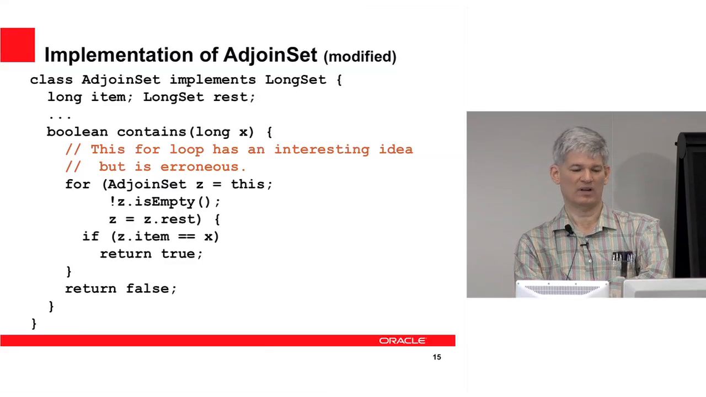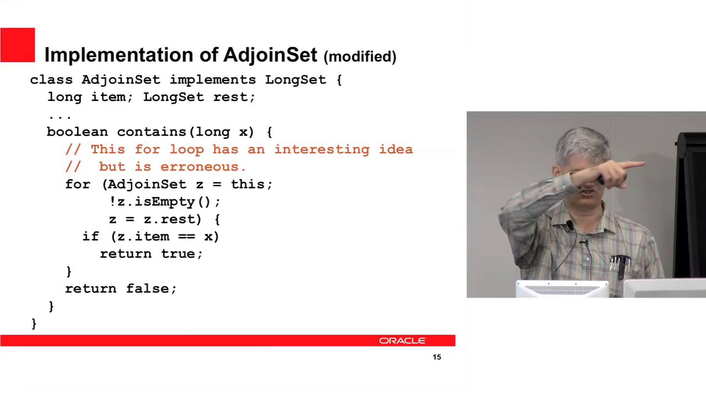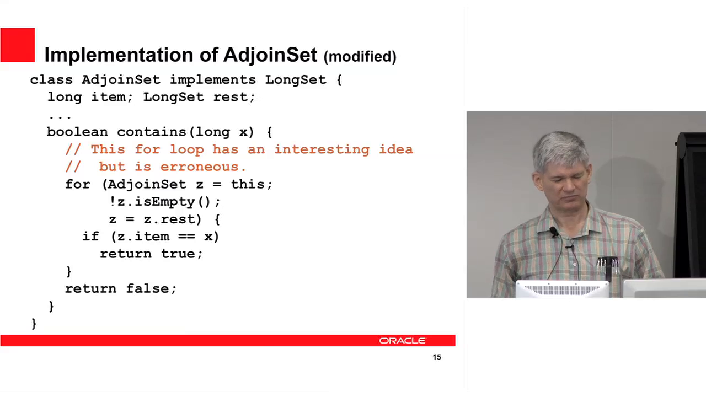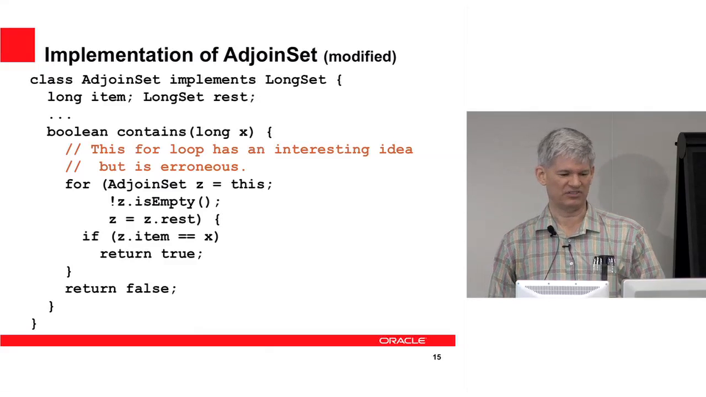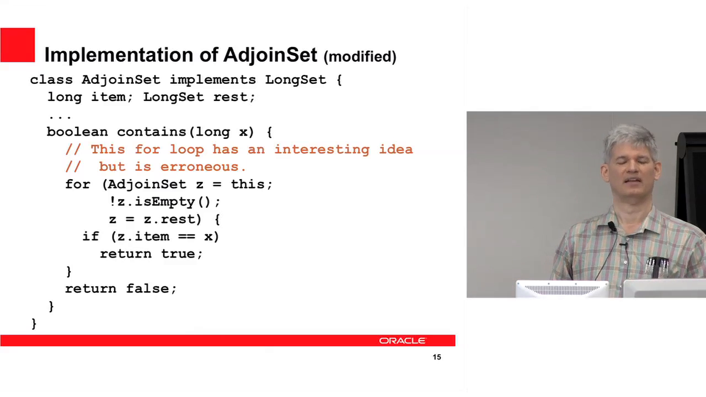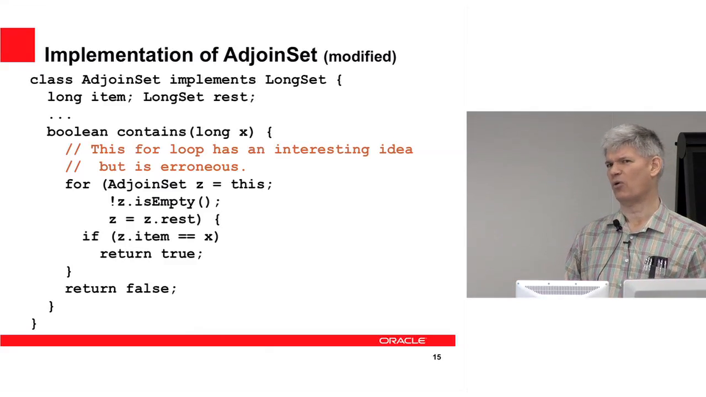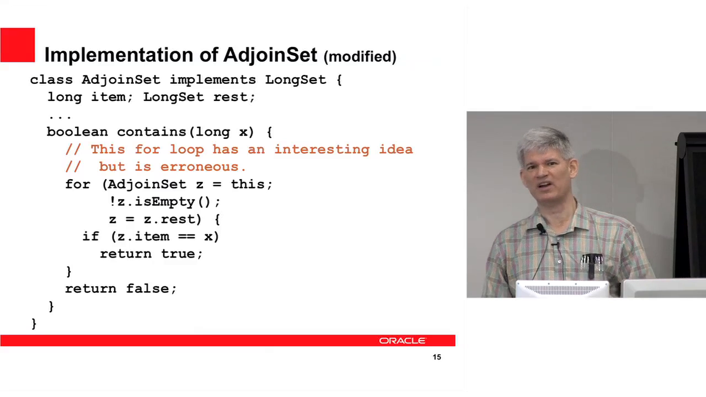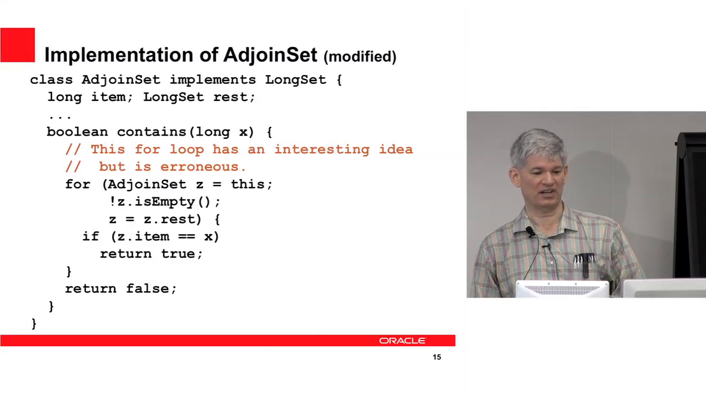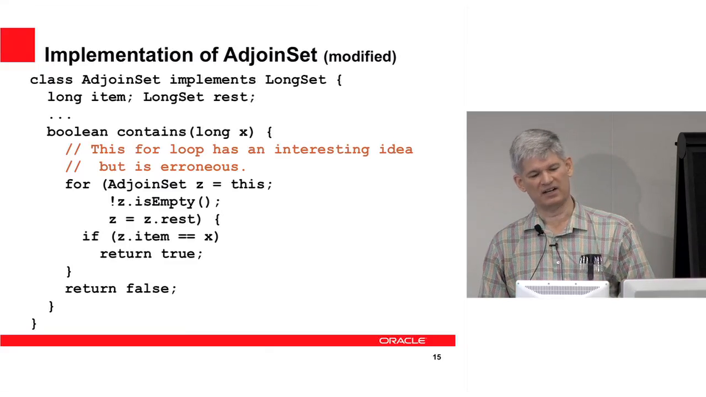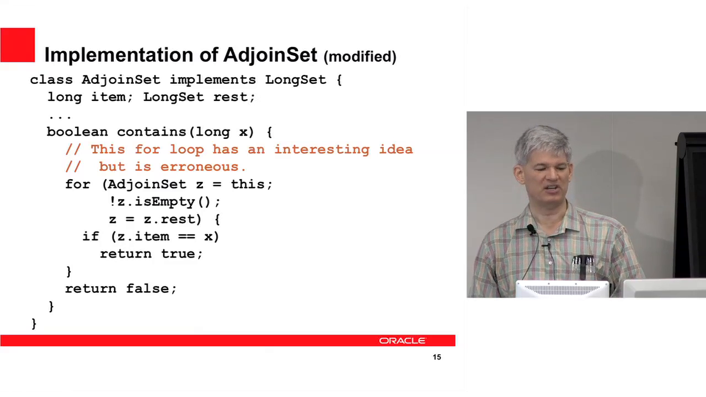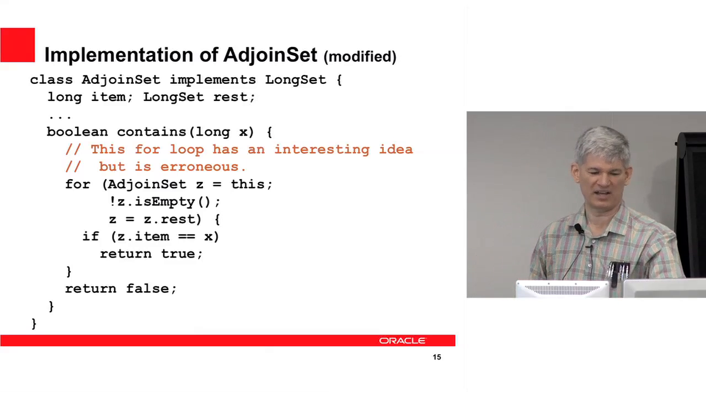z is a pointer that runs down the chain, and when it runs into a z whose item is equal to x, then we found it and we can return true. If we go down and find an empty set, then we return false. This would work great if all we had were adjoin sets and empty sets. We've got other implementations of LongSet here. And in fact, there's a type error here, which is that we've declared the variable z to be an AdjoinSet, but in fact, when I say z gets z.rest, if you look at the top of that slide,